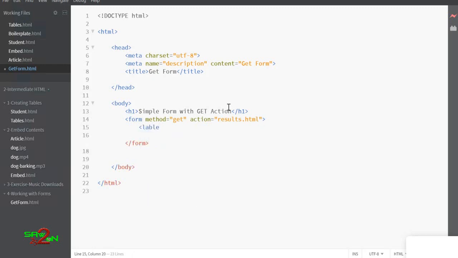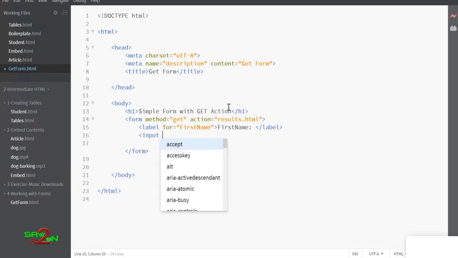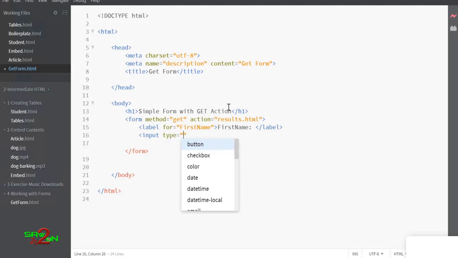Okay, so how to define a text box and a label. For label, you have the label tag, and with label you can basically say for which text box you're writing this label. So I'm saying there's a first name, and for the first name I'm writing this label. So after that we'll define what the first name is. Okay, and this is the text I want to display. Now the input is basically the input box, and you have to say what type it is. Okay, the input type is text, so the text box will appear, and you have to say what the ID is for it.